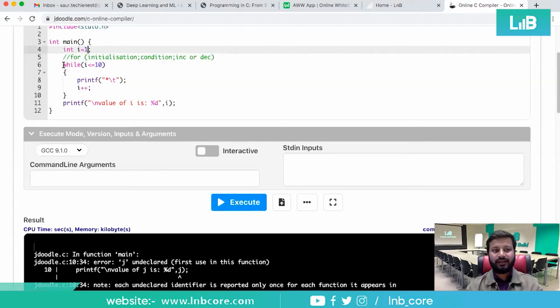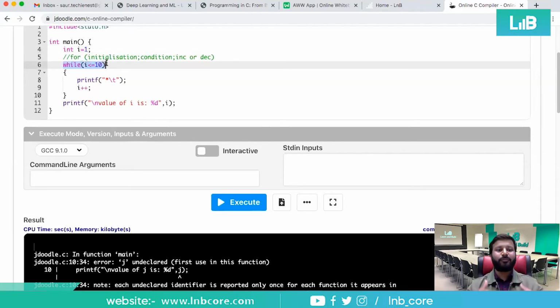So this while makes the condition like an if also. While will check whether it is true or not. If it is true, then only it will go inside. i was 1, so 1 is less than or equal to 10. Yes, and then it will go inside. It will print this star. The value of i will be incremented by 1. Then it will go to the while once again to check the condition. Now i has become 2, right? 2 is less than 10. Yes, it will go inside once again. It will print this